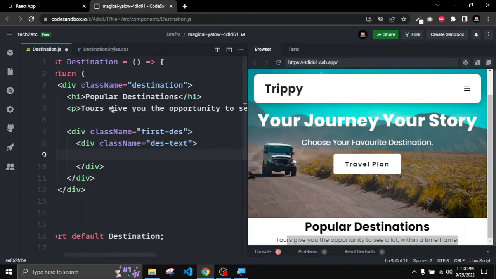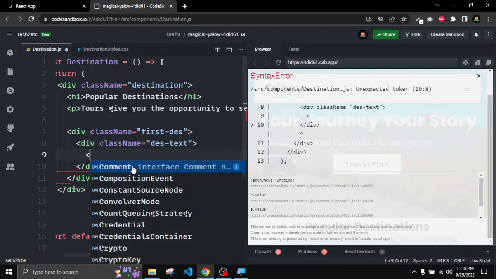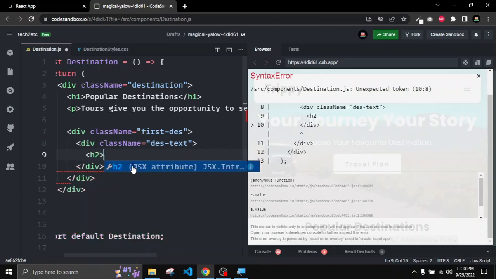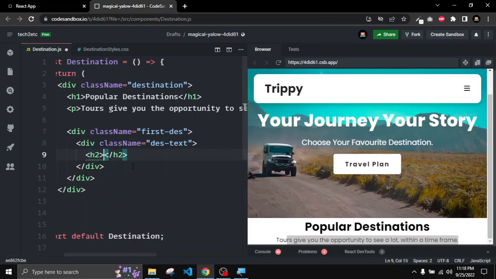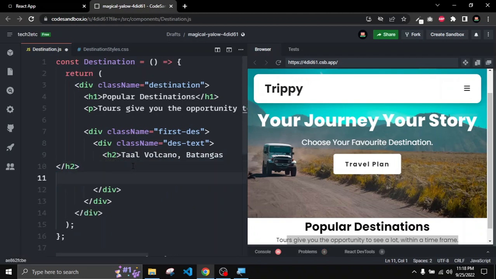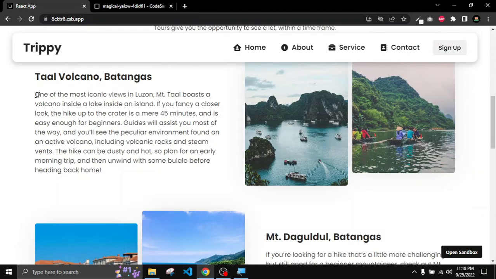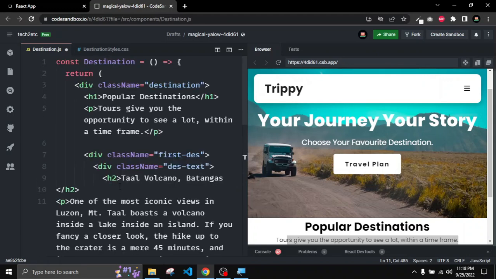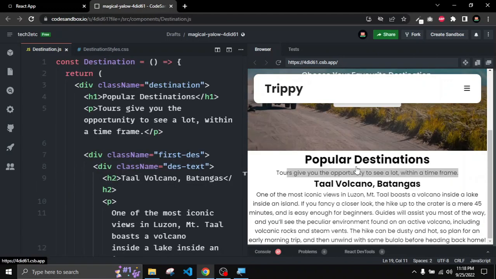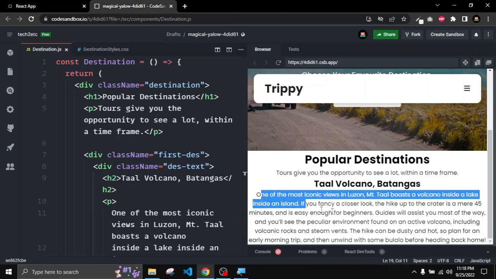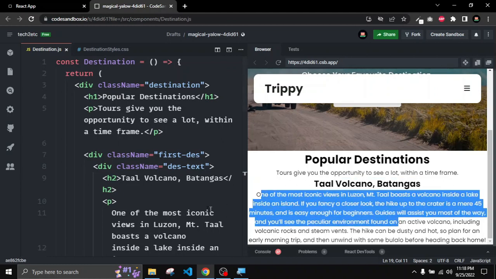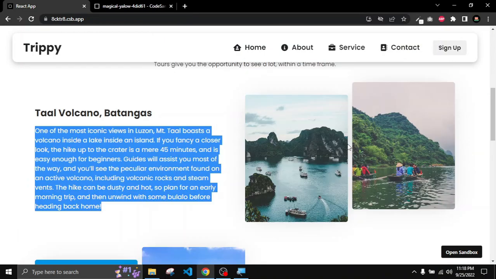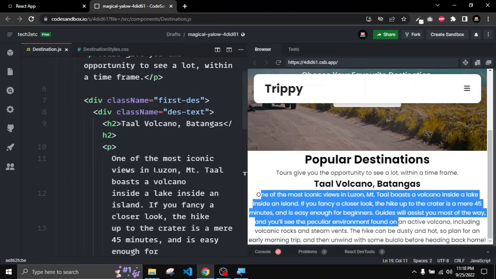So we have to first create this heading and then add this text. So that's why I copy the heading from here, and here we have to create an h2. That's it. And then paste the heading here, and then we have to create a paragraph, and for the paragraph I will take the text from here and then paste it here. That's it. And guys, here you can see that we have our heading and this text. So after our heading and our text, we have to add these images. So for adding the images, let's go to here,